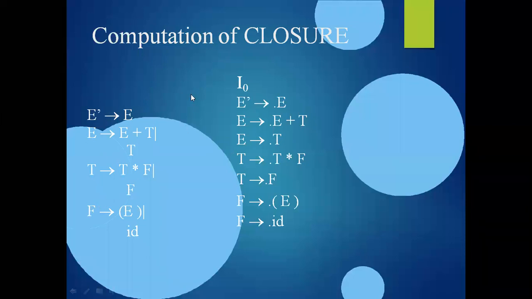One is the augmented grammar, which is very easy, and just inserting a dot at the right-hand side of the rule and naming it closure of I, and giving a name like I0, is very easy. The construction of the goto function is more complex, though not such a difficult thing. We need to concentrate more when constructing the goto function. So in the next class, I will explain how to construct the goto function, and then I will show the construction of the parsing table based on this closure function and the goto function.